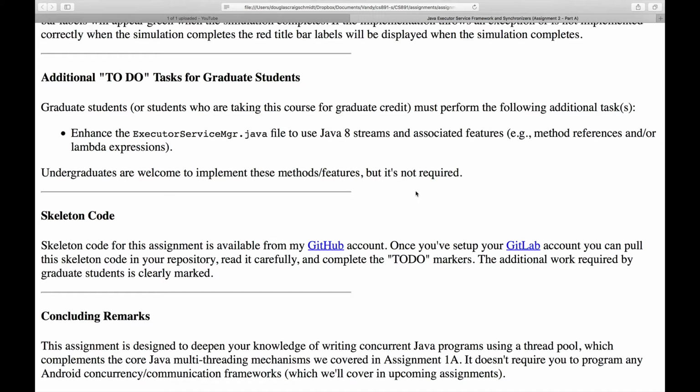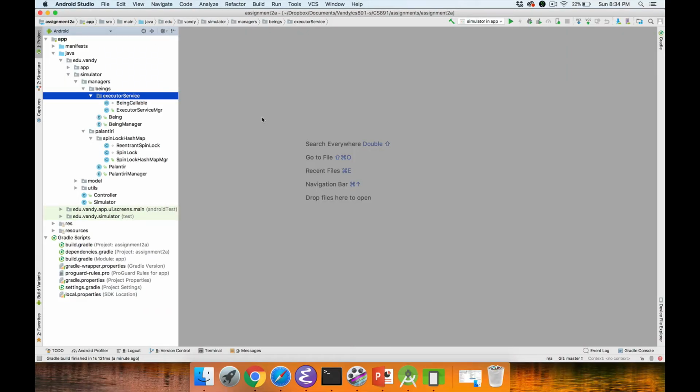This assignment is designed to give you a deeper knowledge of how to write Java concurrent programs using a thread pool, which will complement and extend the core Java multi-threading mechanisms we covered in Assignment 1A. We still haven't really gotten to any of the Android concurrency or communication frameworks, but we'll be covering these in upcoming assignments. Now that we've walked through the specification of the assignment, let's take a look at the skeleton code,